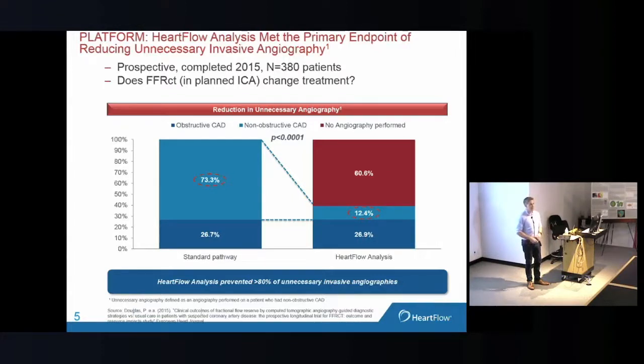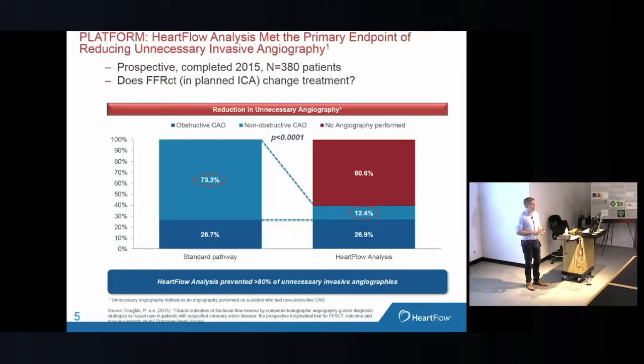Then we followed these patients for a year to see whether or not it was safe to defer these patients from an invasive test, and looked at whether or not there was any difference in heart attack or any other kind of major event, and there was no difference between these 2 populations. So what this trial showed is that if you're going for an invasive test and you get a HeartFlow test first, then you get better care,